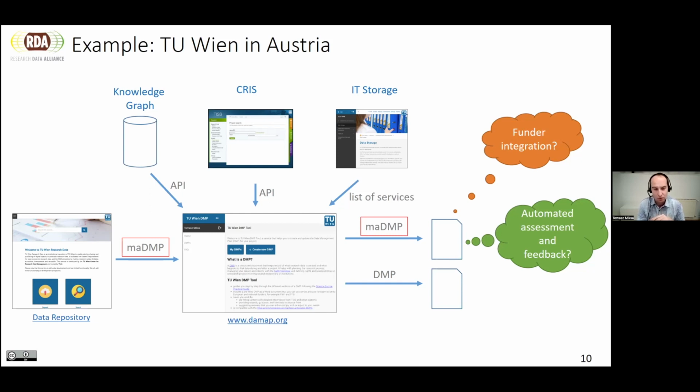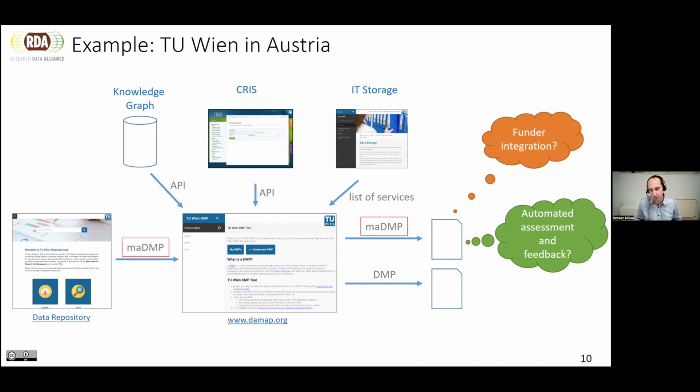And then researchers who are writing a DMP can choose from a list of storage options. So for example, our own cloud or our own repository, and then specific details on these services, like backup frequency or who is responsible for maintaining them, is added automatically to a DMP without even a researcher noticing it. And what we also want to have by the end of the year is the integration with our data repository, so that people who upload data into a repository can click one button and it automatically adds information on a data set